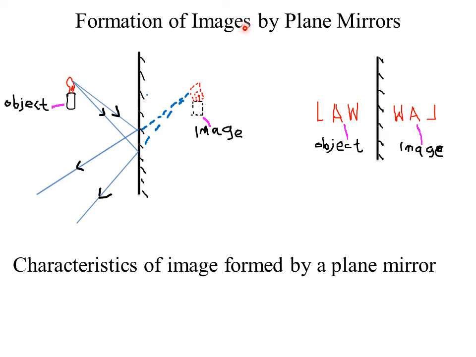The no parallax method is used to locate images in plane mirrors. Remember, this method is reducing the errors due to parallax. So to locate images in plane mirrors, we use the no parallax method. Now here is our object, then this is our image in this case. So if an object is placed in front of a plane mirror at some distance as shown in this diagram,